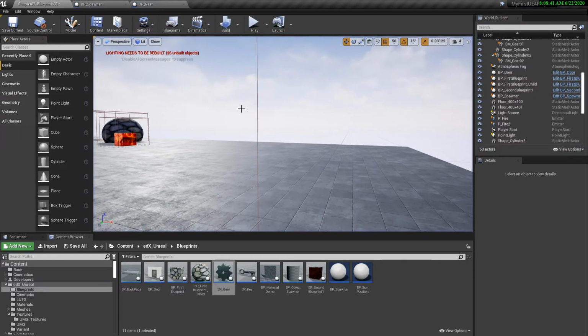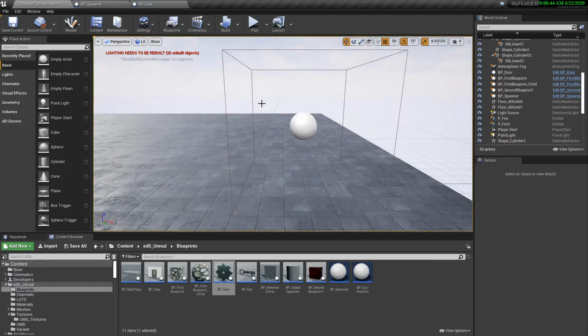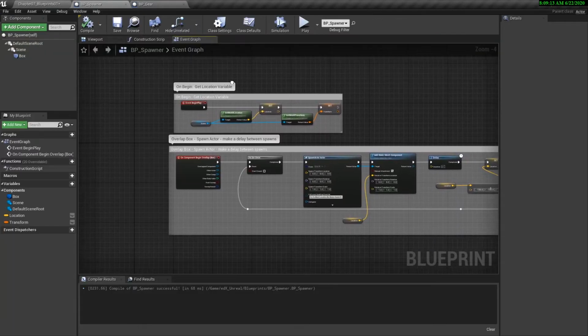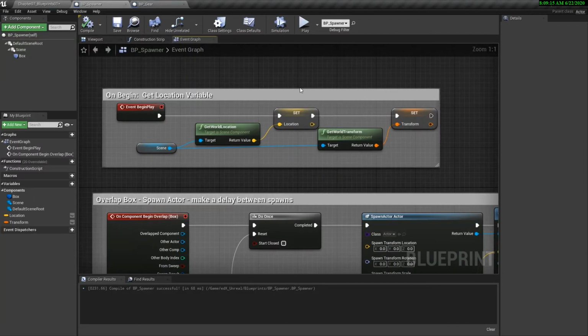Now, I want to show off the code that was needed in order to have this happen, and then also illustrate the difference between creating a blueprint class that we can spawn, or something in this case that's an actor and an actor component outside of that. We also can review a few variables as well. So here is the BP spawner, the blueprint spawner that I built. Let's take a look at what happens.